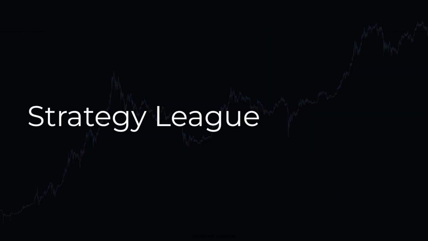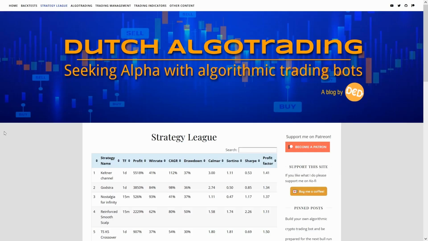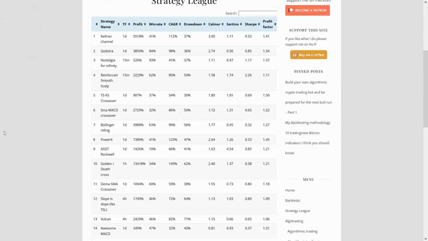So where does this relatively simple algo strategy enter into the strategy league? With its adjusted ROI and stop loss setting, this strategy enters on the 9th spot of the strategy league. This is mainly due to the relatively low drawdown and high Calmar, Sortino and Sharpe ratio in comparison to the lower scoring strategies. And yes, for the viewer that has seen my videos earlier, the strategy league also looks different